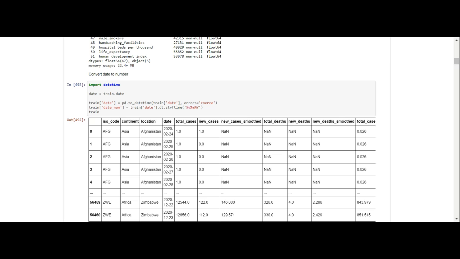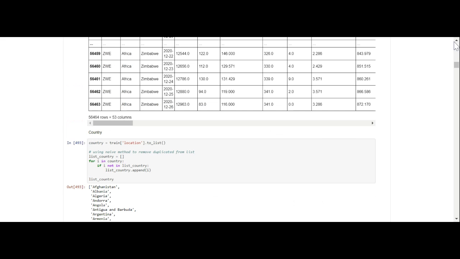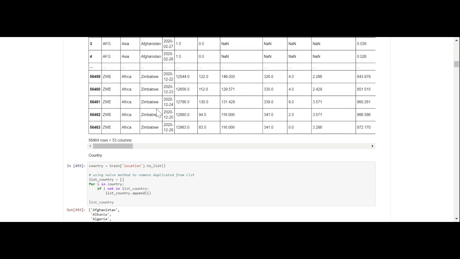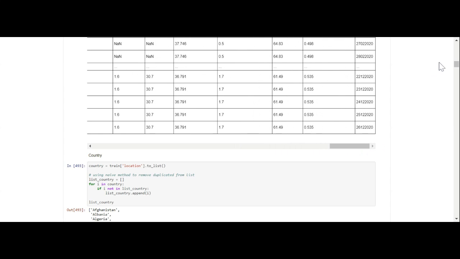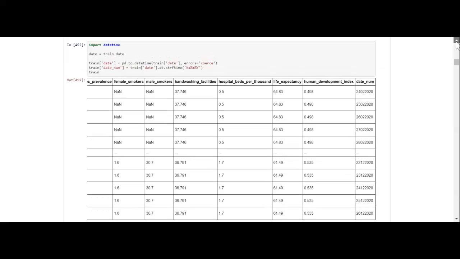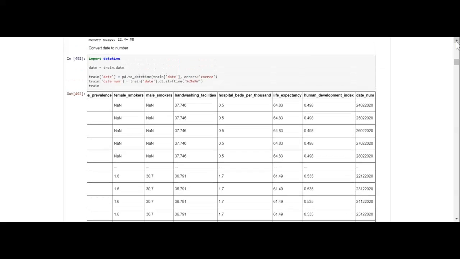So you can see now what we've done is we've converted the date to a number, and I can show you here how we did it. So now we have a new column called date num, and this date has been converted to a number.